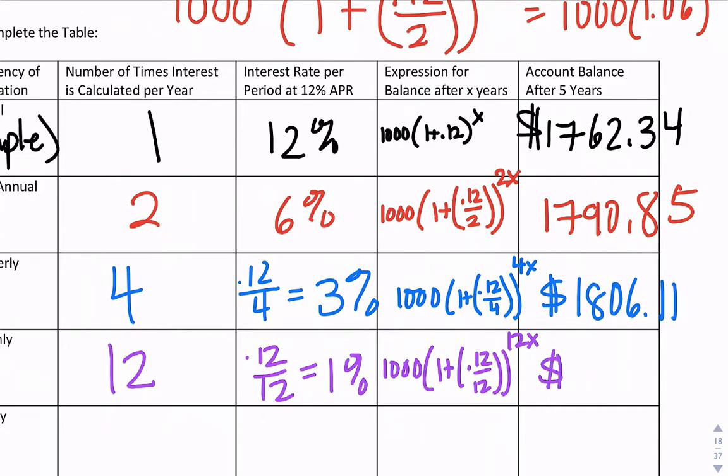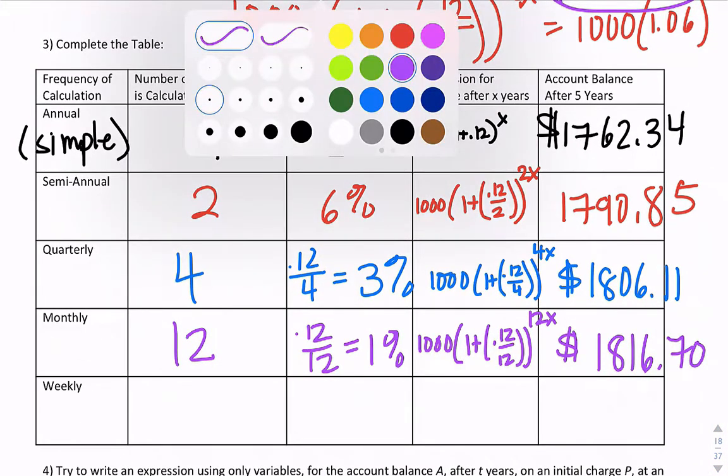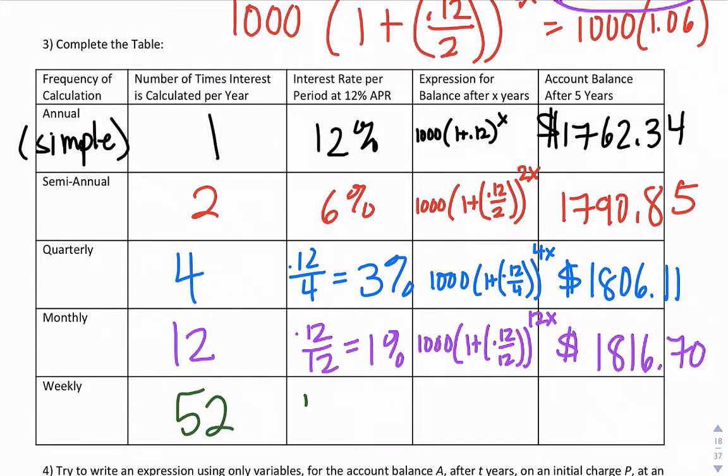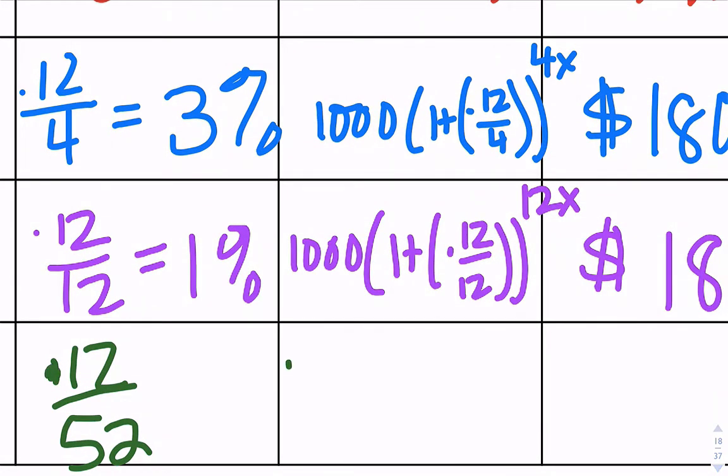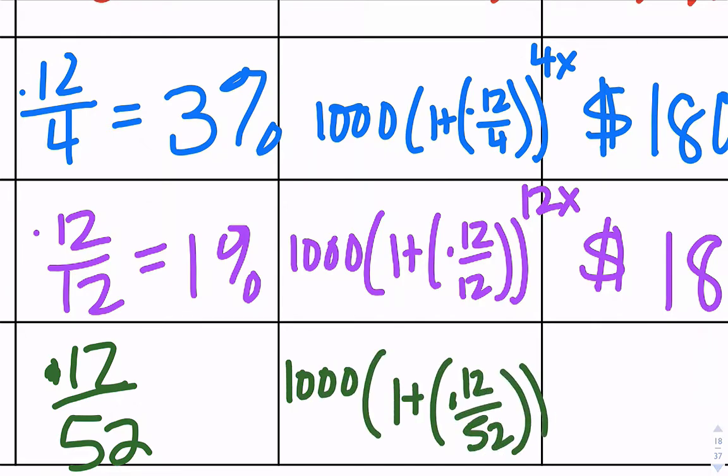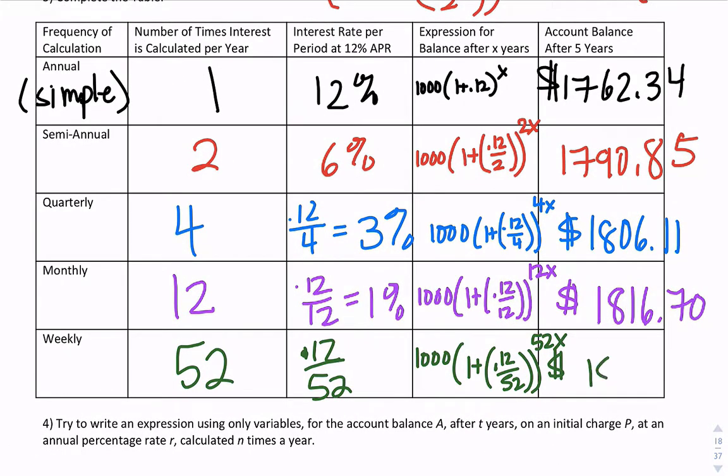Okay, so that's 1816.70. So it's increasing, but kind of slowly. And then weekly, what if we did weekly? There's 52 weeks in a year. So that'd be whatever 0.12 divided by 52 is. But here's the equation. 1,000, 1 plus 0.12 divided by 52. And then 52 times x, or 52 times 5 for 5 years. Type that in. Okay, and you'd think it would go up a lot, but this one ends up only being